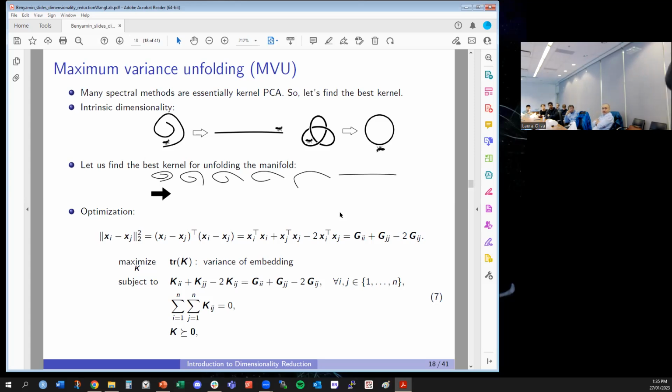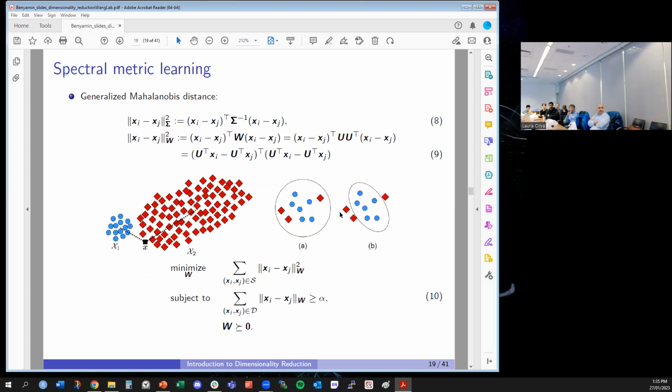Again, it can be proved that it means that the mean of embedding is 0. And the kernel also should be positive semi-definite by definition. Right? So they do it and they do it iteratively. Now, spectral metric learning says that, okay,